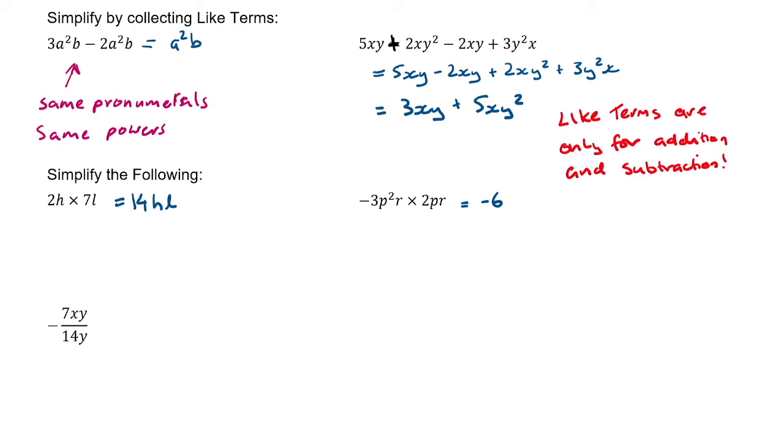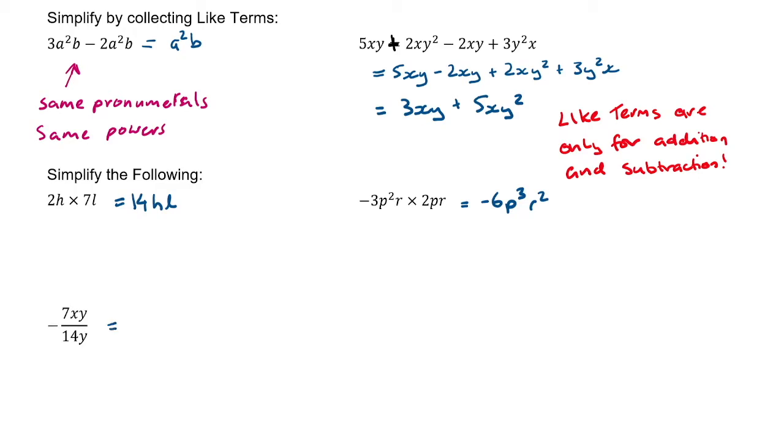P squared times P. So this is where our index laws come into it. We add the indices, so it's 2 plus 1, so it's going to be P to the power of 3. And then there's the two R's there that we need to make R squared because we're multiplying. We're not adding them together, we're multiplying them. The last one,